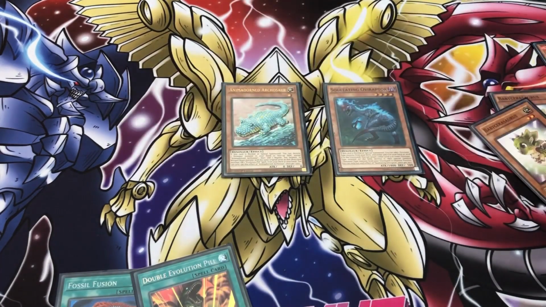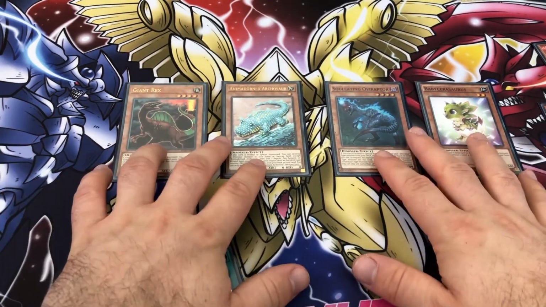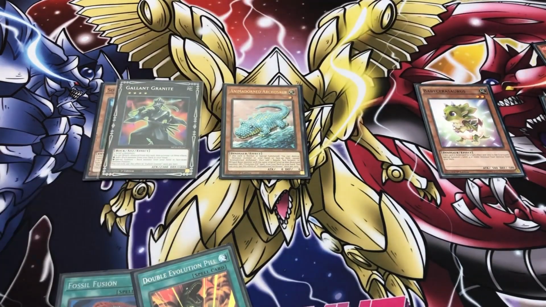Oviraptor can then go off, popping the baby to get back the other baby, and then baby. Second baby goes off and gets you your... I literally just had him. There he is. I'm staring right at him. Then gets you your Giant Rex. You then overlay these two and go straight into your Gallant Granite. You can then trigger detaching Giant Rex. It has to be Giant Rex, just to get the full value of this play, which then gets you your...